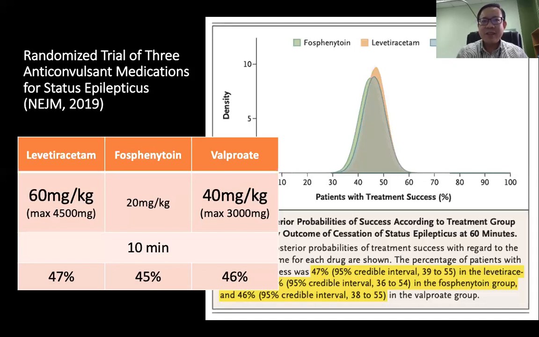All right. So in Indonesia, if you don't have IV levetiracetam, you can use oral because the gut absorption is as good as, or almost similar to, IV. So you can crush the levetiracetam and put it in the NG tube as a treatment. All right. How about valproate? What is the dose for valproate that you use?